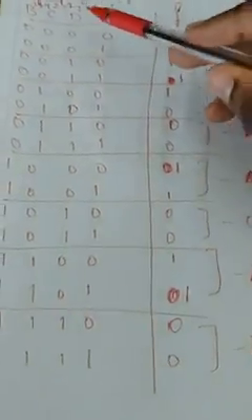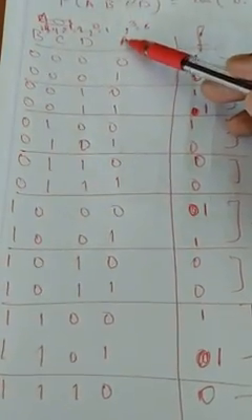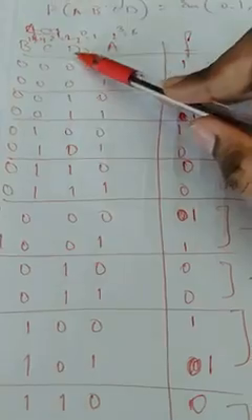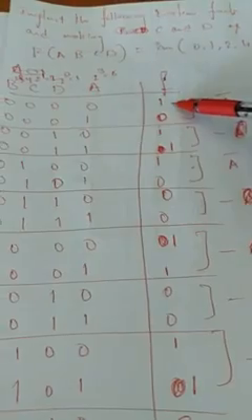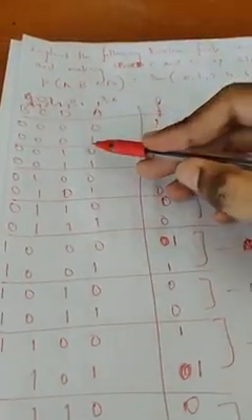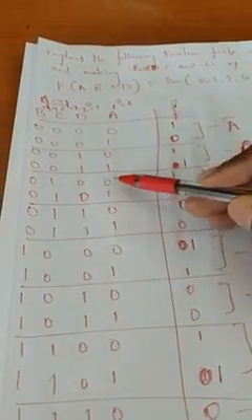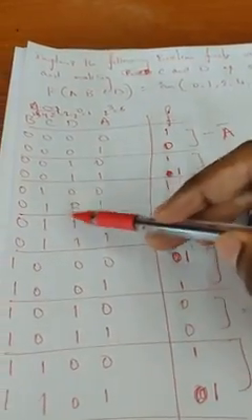Okay. So once you are done with writing B, C, D, A, because I made A the map entered variable, you are not supposed to make C and D map entered variables. So I made A the map entered variable. So the given minterms, like 0, are given. So 0 is here. So I wrote 1. Then 1 is given. Where is 1? This is 8. This is 1. So I wrote 1 like this. 2, where is 2? 2 is here.